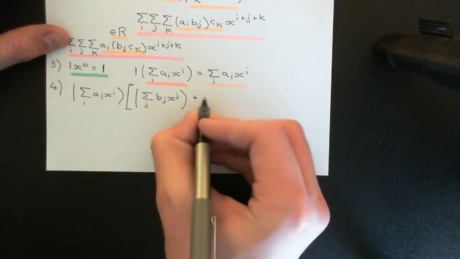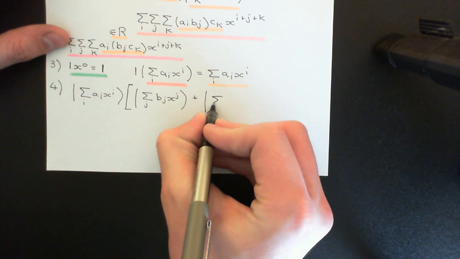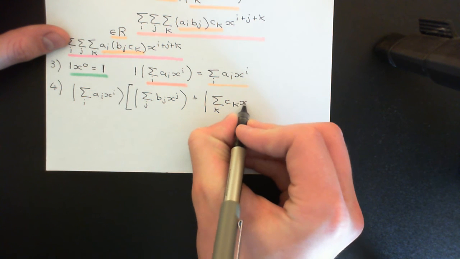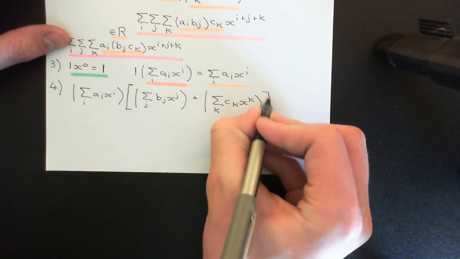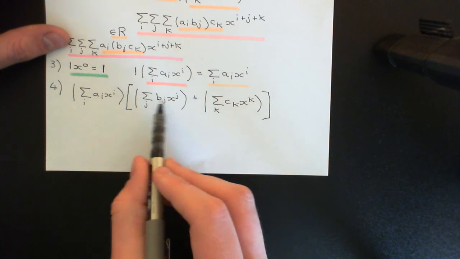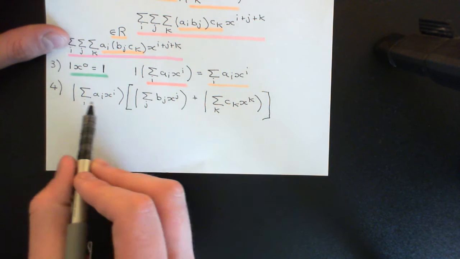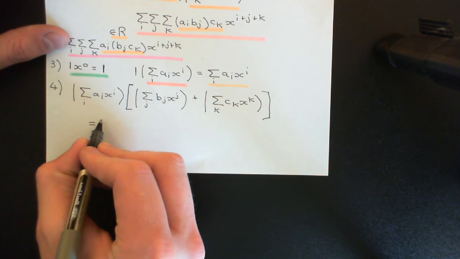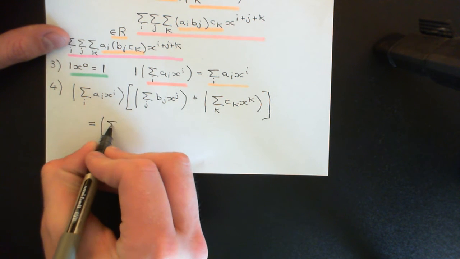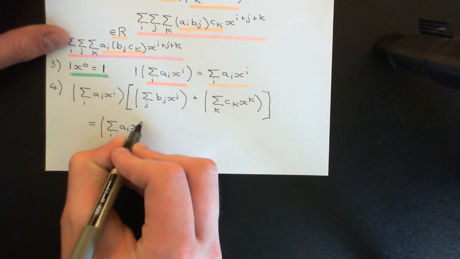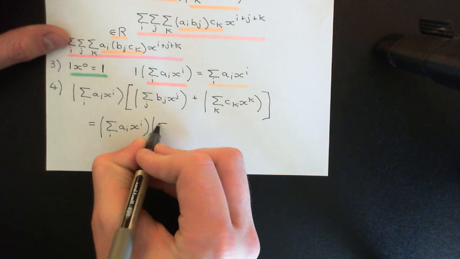Okay, so here's our polynomial b plus the polynomial c, like so, sum of ck xk. I want to prove that if we do it this way, which means add these two polynomials first, get an answer, and then multiply it by this polynomial, that it gives the exact same answer as if I do it this other way. So firstly we multiply the two polynomials, so here is our polynomial a multiplied with our polynomial